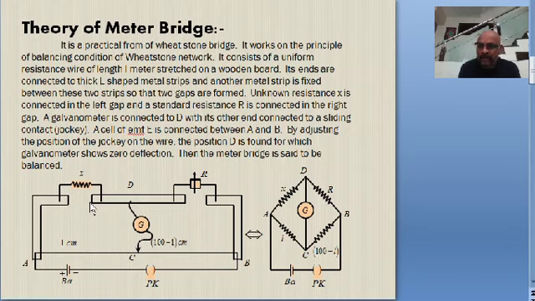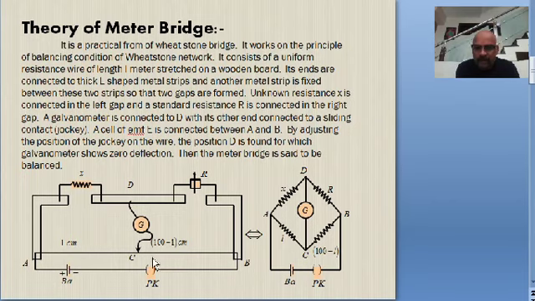One resistor is connected in the left gap of the meter bridge. This resistance is unknown, X. There is one more resistor or resistance box whose value of resistance is known to us, connected in the right gap. Similarly, with the help of the sliding contact, the wire AB can be divided into 2 parts. Between A and C there is a wire of length L whose resistance is proportional to L, because resistance is directly proportional to length L.